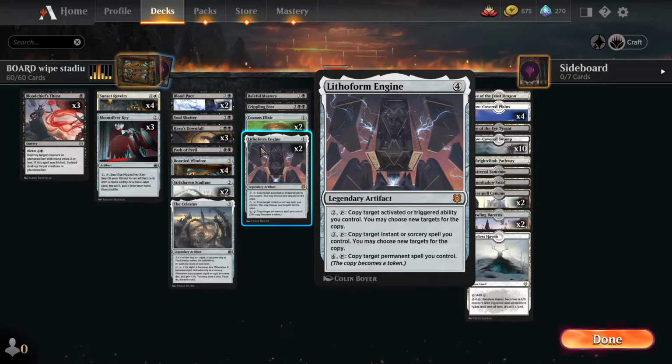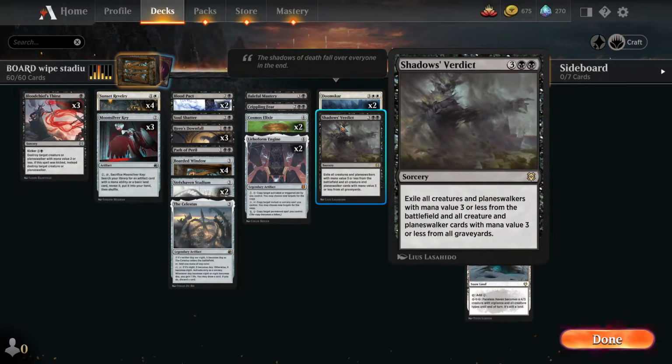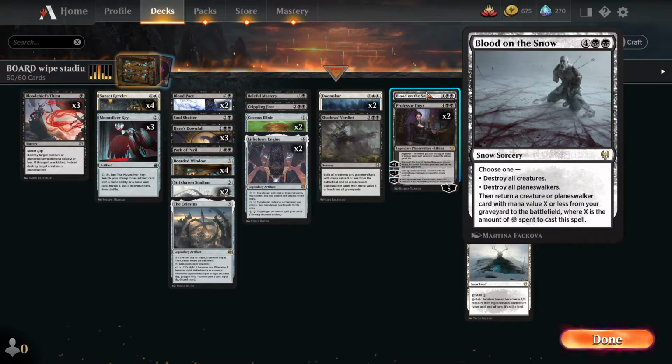Lithiform Engine we mentioned. Doomscar, destroy all creatures, or you could foretell it for cheaper. And then Shadow's Verdict, exile all creatures and planeswalkers, mana value 3 or less from field and grave. And then Blood on the Snow, destroy all creatures or destroy all planeswalkers, and then return a creature or planeswalker with mana value X or less from your graveyard, where X is the amount of snow mana spent to cast